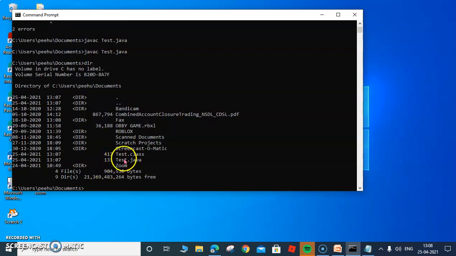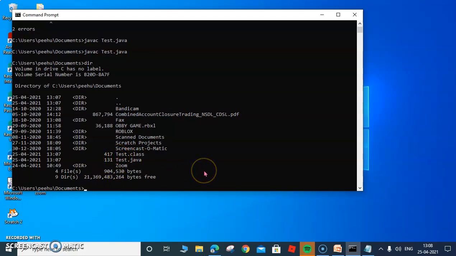As you can see, this file was test.java, which I created, but after successful compilation, a test.class file has been generated. What is this? This is our bytecode file, or .class file, or compiled code, or intermediate code. And this is portable.